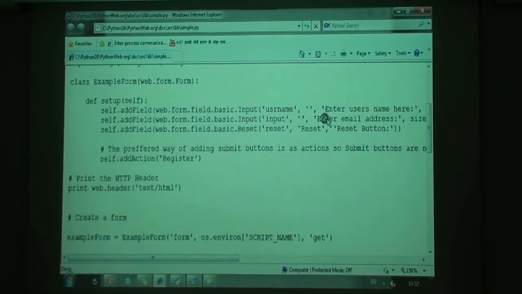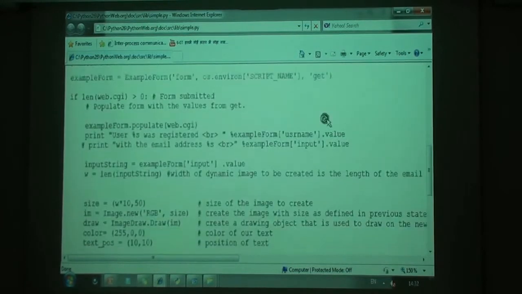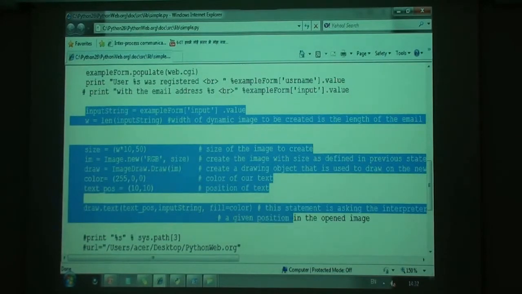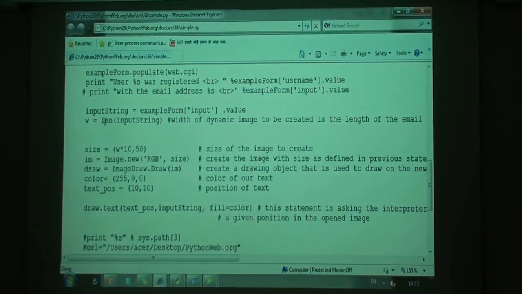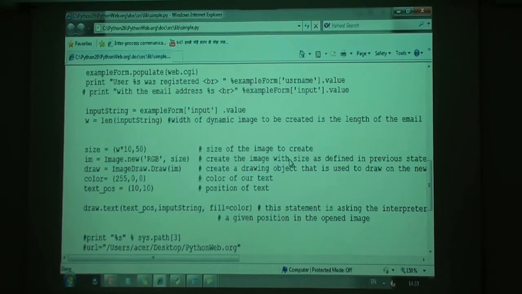So in this program, you can see that this is a Python script that generates the web content of the web page. Within this program, it is in this section that the dynamic image processing is happening, that takes the input in the form of a text string that the user is inputting to register his email address, and it converts that text into an image and displays it. So we can see that a variable called w, which calculates the length of the input string, also determines the size of the image. So what this does is it dynamically creates the size of the image to hold the maximum amount of text that the user would enter.